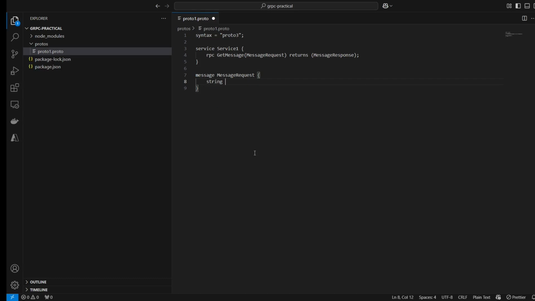So we would be defining, for example, string first_name, and for now we are just setting a value. And then we have the MessageResponse. Because we have defined here the MessageRequest as well as MessageResponse, we would be defining it here. So string, for example, response message as a string. So from our get method, we would be taking input as the first name and we would be responding with a response message. So this is our first service proto that we have defined.